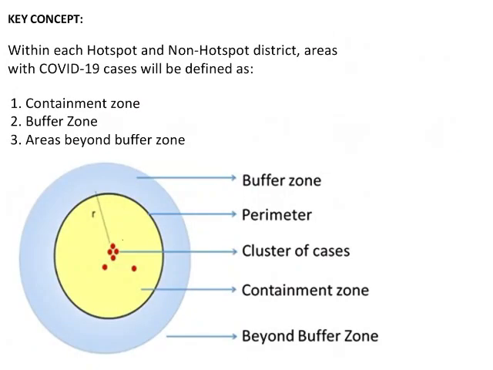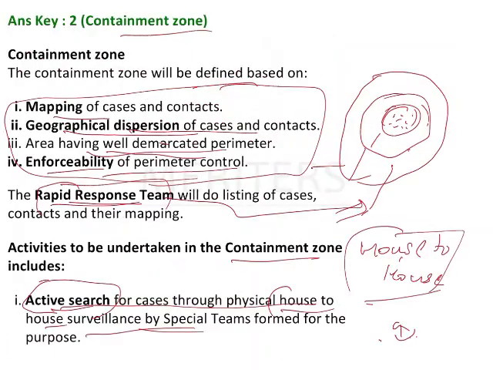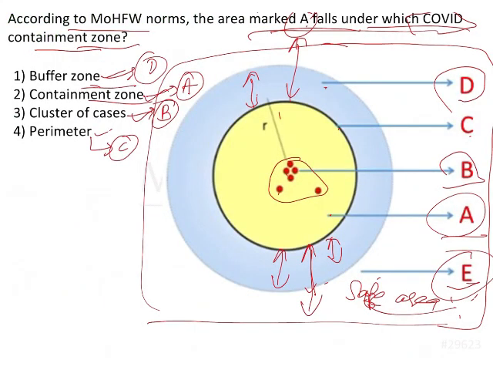Now coming to the key concept, we know this. This is the cluster of cases, this is the contaminant zone, this is the buffer zone, this is the perimeter, and this is beyond the buffer zone, right? So this is given here. Now coming back to the question. Here marked A, A is the one in yellowish color. This is the containment zone. The answer is option